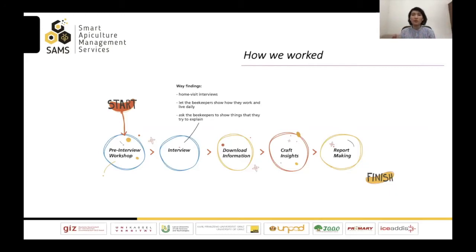We took some time to carefully analyze: are there any patterns emerging from this information? Are there any interesting findings or unique points of view on the beekeeping daily life? After we craft the insights from this huge amount of information, we create 1 or 2 or even 3 main insights, and then we turn this into a report,